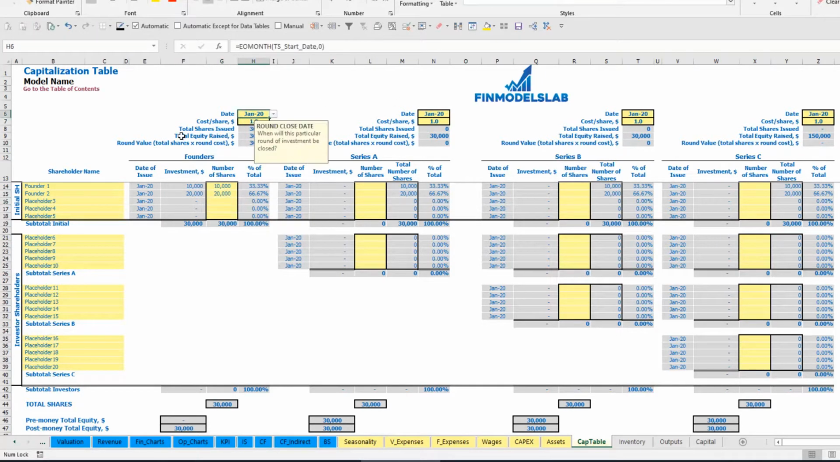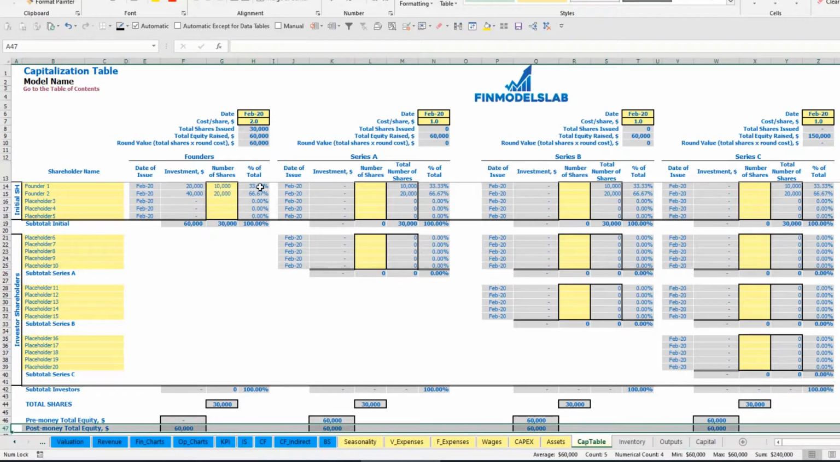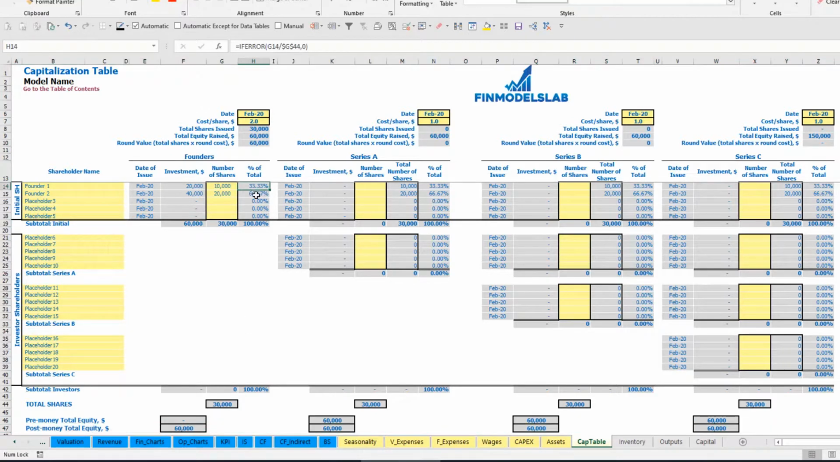So total amount of shares for founder 1 can be 10,000, for founder number 2 20,000. Let's imagine that cost of share will be $2 and the date of founding is February. This means that investment for founder 1 is $20,000, for founder 2 is $40,000. In total they invest $60,000, which you may see here. The dilution is 33 to